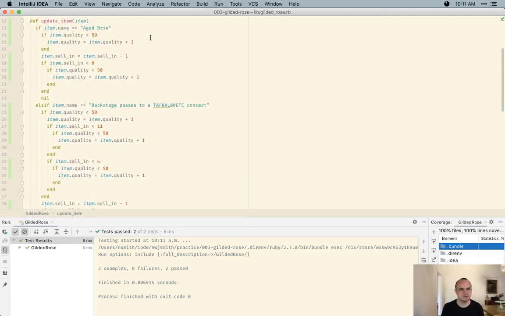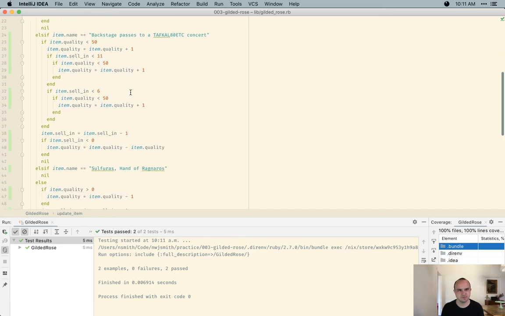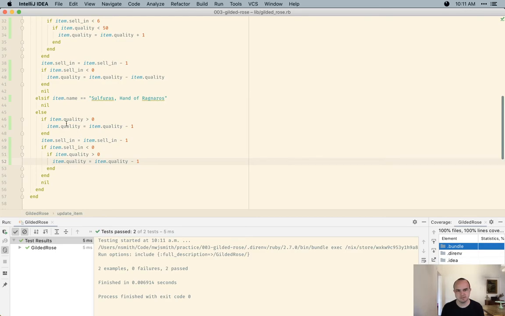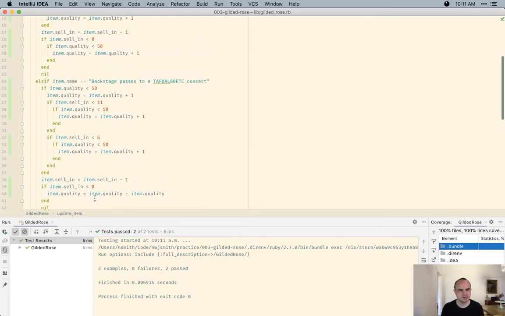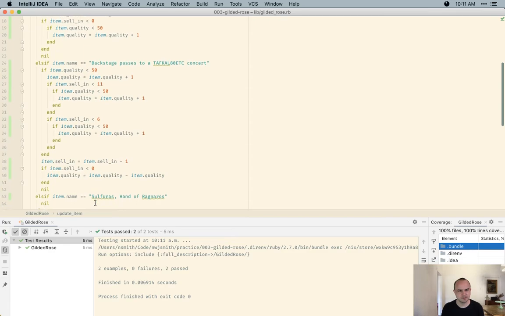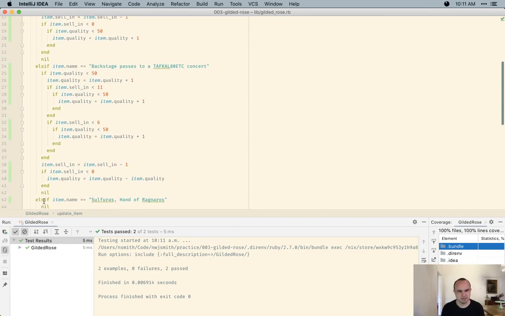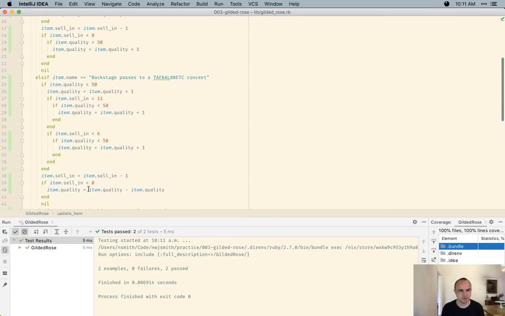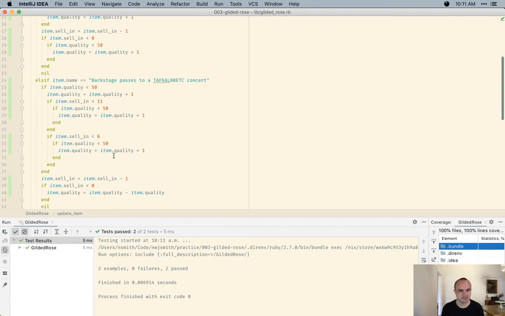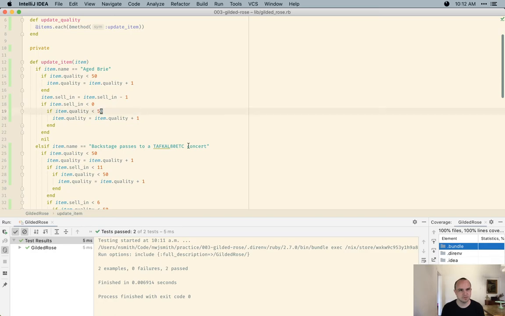So this is what the HBRE stuff looks like. This is what the else case looks like. We've got item name. It looks like if it's sulfurous, we're not going to do anything. And backstage passes has a little bit more logic in it than the HBRE case. What's interesting here is whether or not,